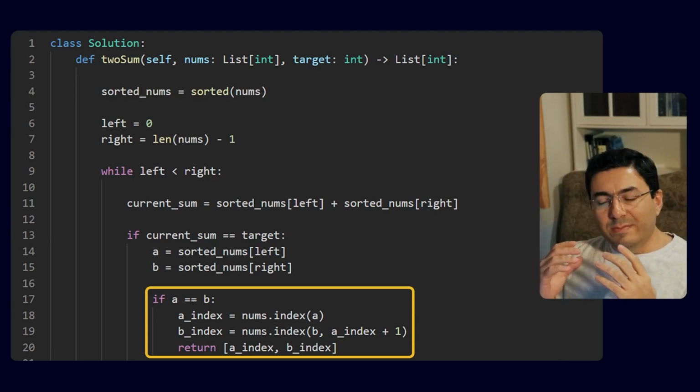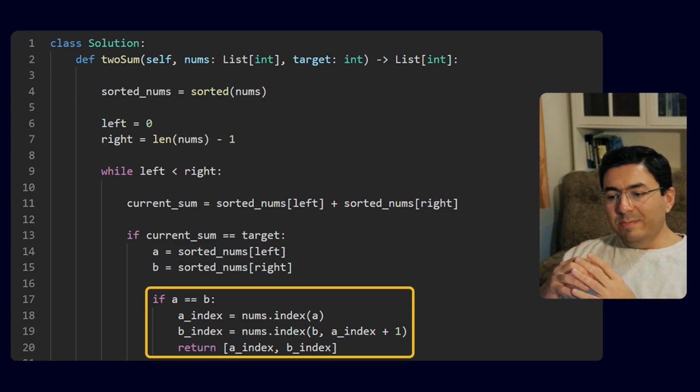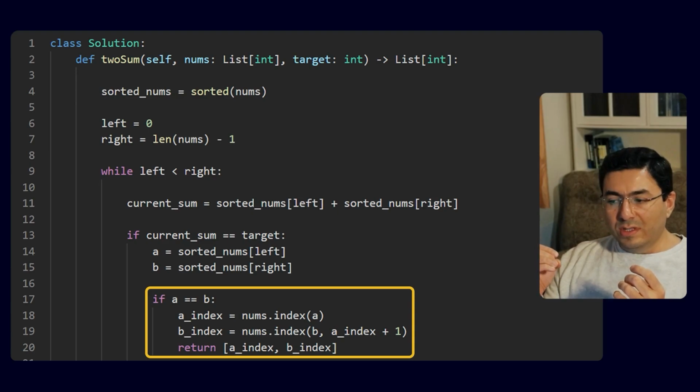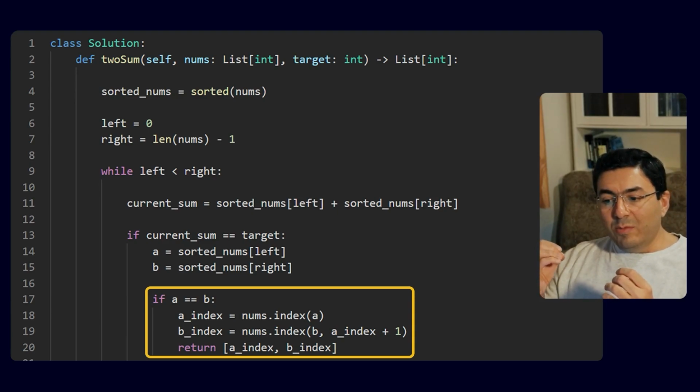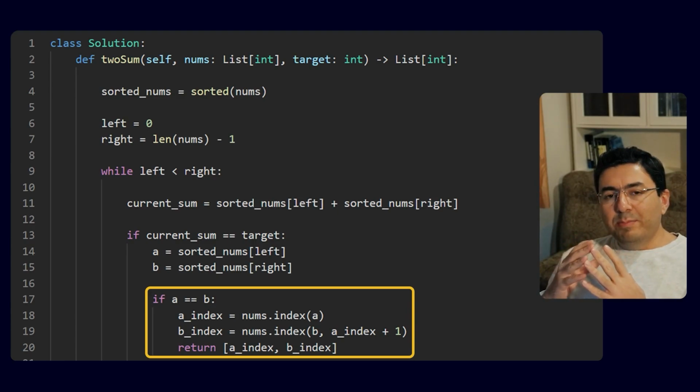First, we use the index method to find the index of the first occurrence of the number a. Then we use the index method again to find the index of the second occurrence of the number b. But this time we start searching from the index of the first occurrence of a plus 1. The index method is a built-in Python method that returns the index of the first occurrence of a given element in a list. In the case of this code block,